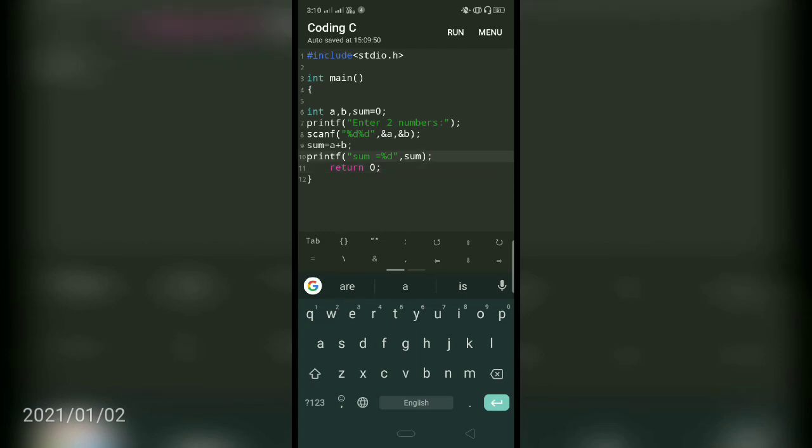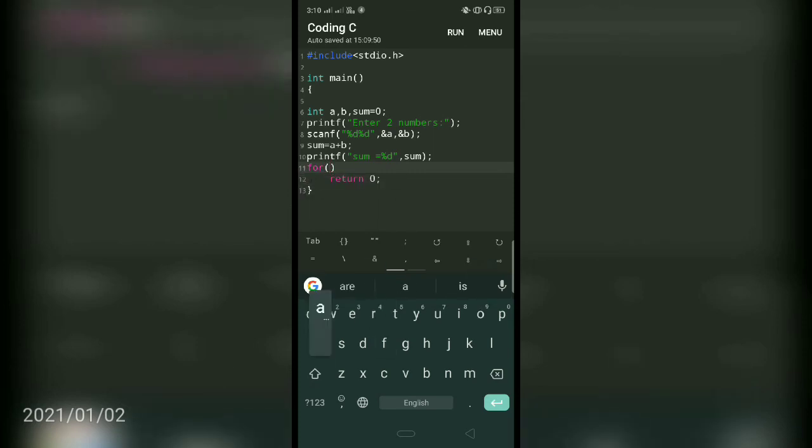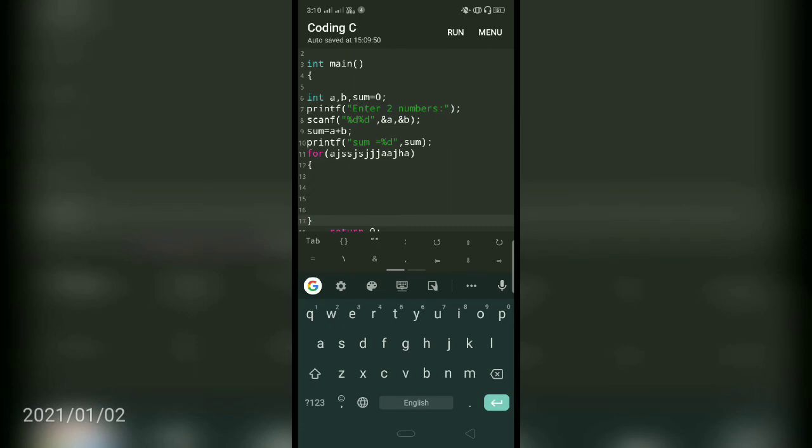Let's say I want to declare a for loop. And for curly braces, here is the option near the tab. Click on this, and it is given directly. You can extend it from here by clicking enter.